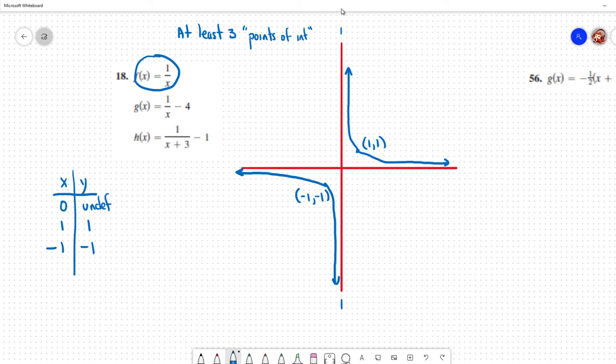So what I mean by points of interest are, we have these two. You might be saying, well, what's the third point? Remember that I said the asymptote is 0. So that's really a third point of interest. It's going to be graph is the asymptote. So I really have 3 things that I can point to,